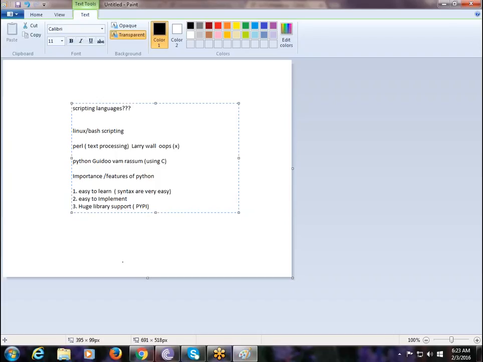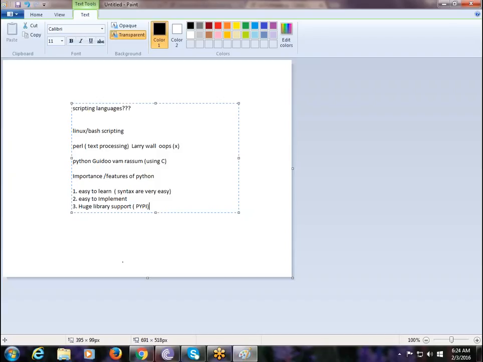So they have certain standards. You can push your code to PyPI, maintaining those standards. Your code will be reviewed by a set of people, and they can approve that. Once they approve, your code will be on the Python PyPI website. Mostly there are around 80,000 plus libraries in Python, supporting almost all the platforms.